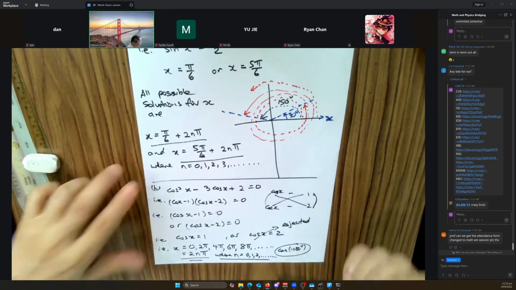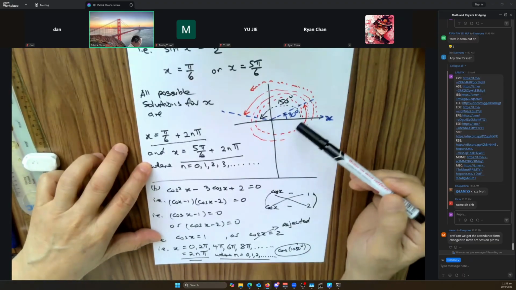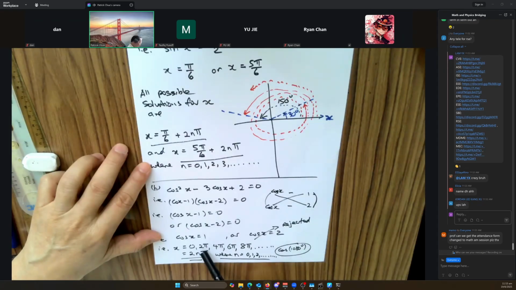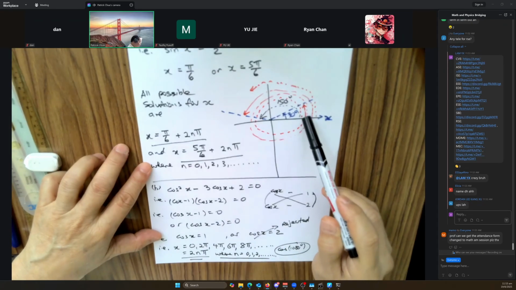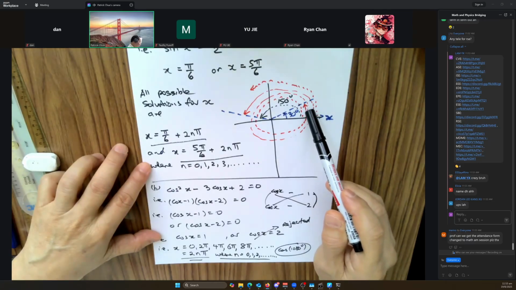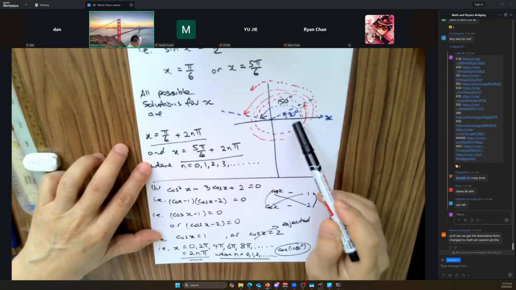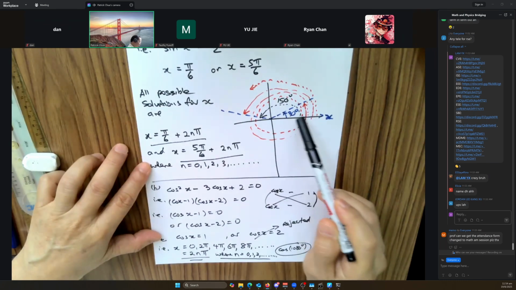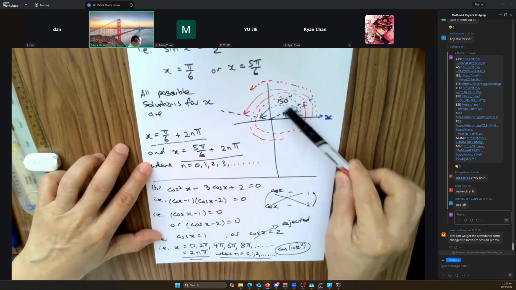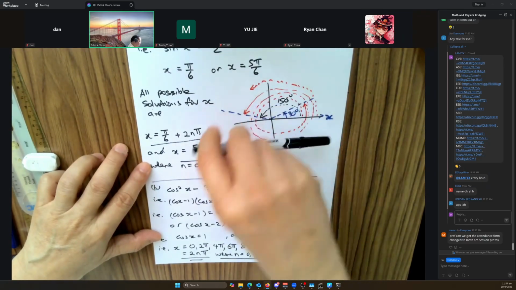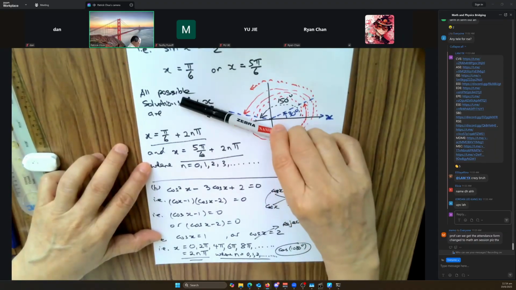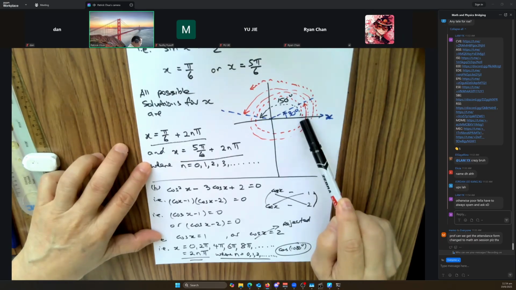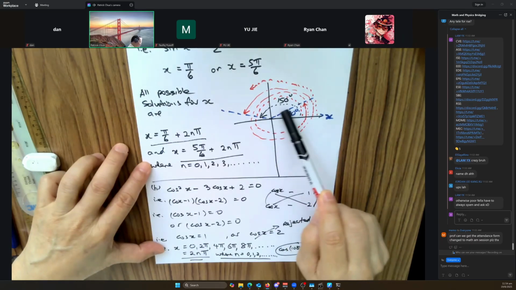It's easier for us to understand if we move forward. If you say n is negative, then you would have -2 pi, -4 pi, -6 pi. Then you're going in the opposite direction, which is very weird, because we're interested in all the answers of x. So we go from 30, then the next x value is 150, then the next is 390, the next x value is there. If you want to go the other way, it's very odd, but you can,